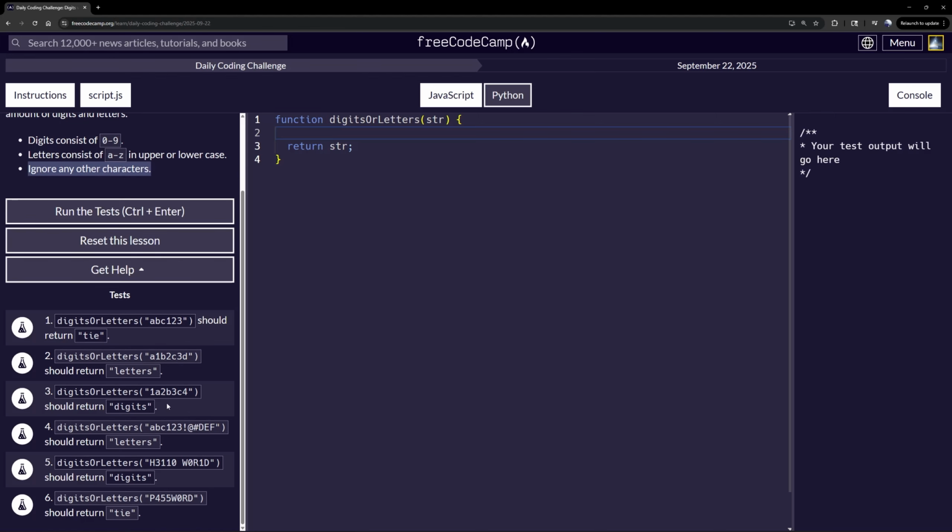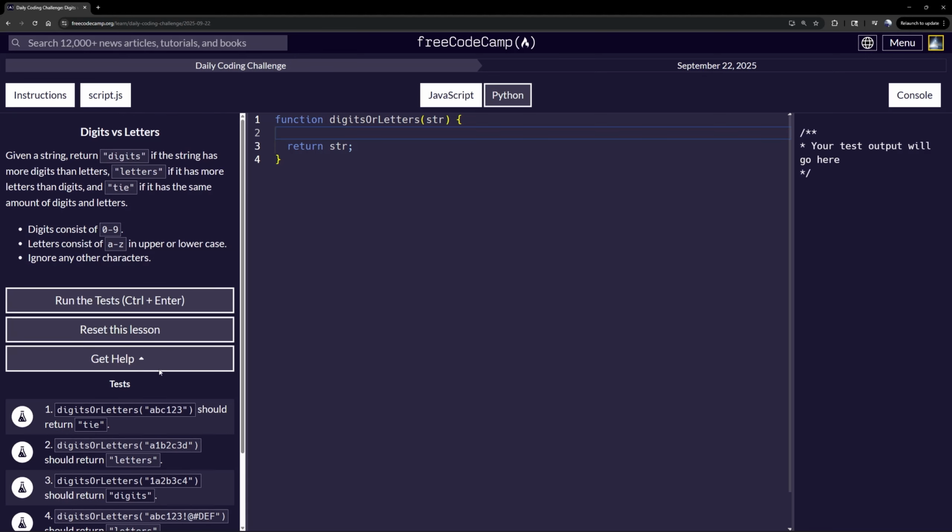Looking through the test cases, I see that we will get symbols and we can have spaces, but other than that, it looks pretty straightforward. I can think of two ways to do this. The first way, we could just keep track of how many we find of each, letters or digits. And then the challenge will just be to figure out how to determine, as we loop through the string,